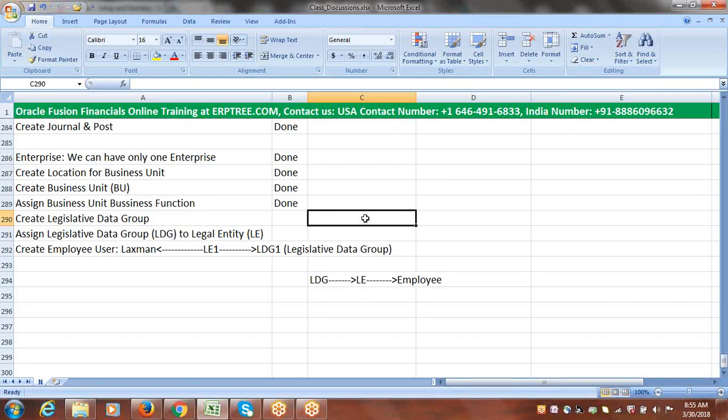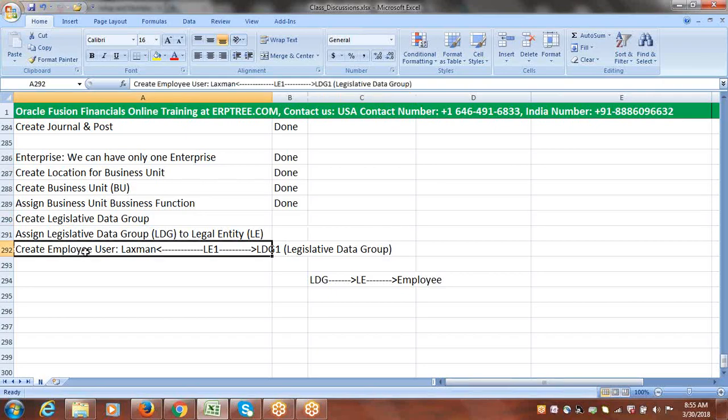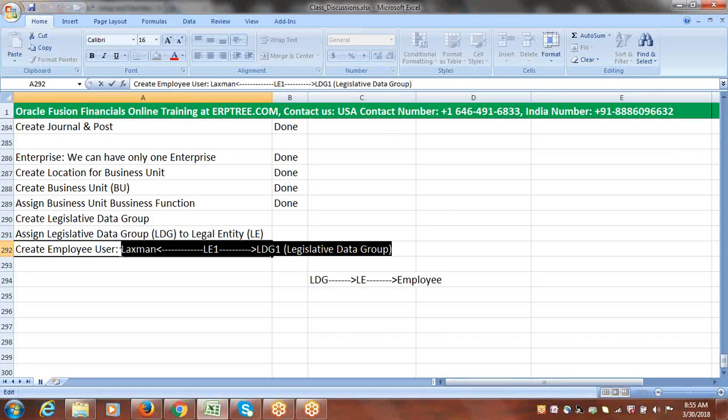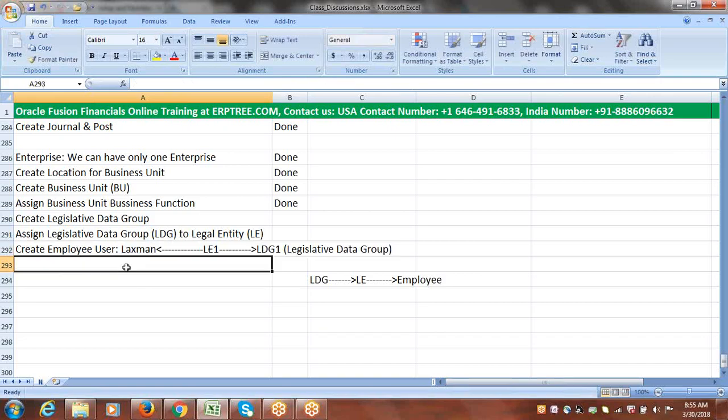So these are the points we have to understand when you talk about employee user. If you have a legal entity, you cannot directly associate that legal entity with an employee. The legislative data group should be available for the specific country legal entity. That legislative data group needs to be assigned to the LE. That LE only you can assign to the employee, and that would be the meaningful definition in the system. That's how the system will understand which employment registration the employee falls under, and which payroll